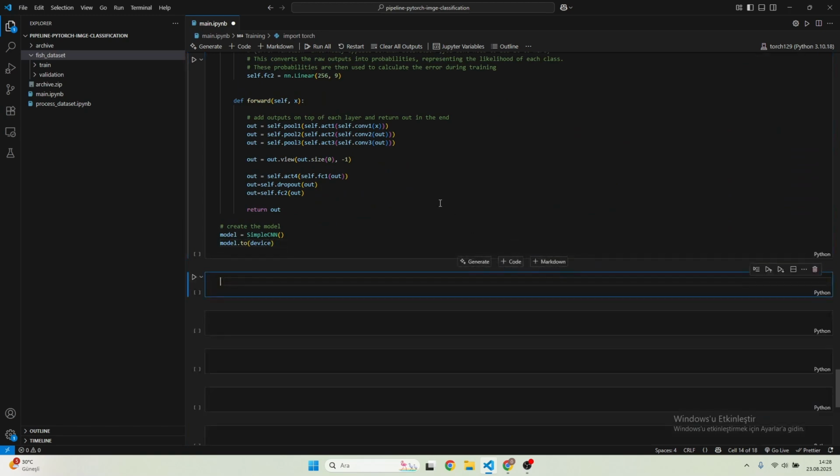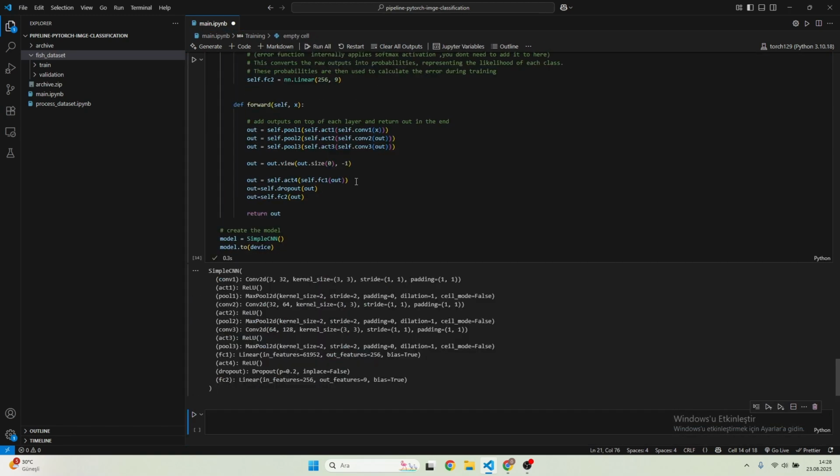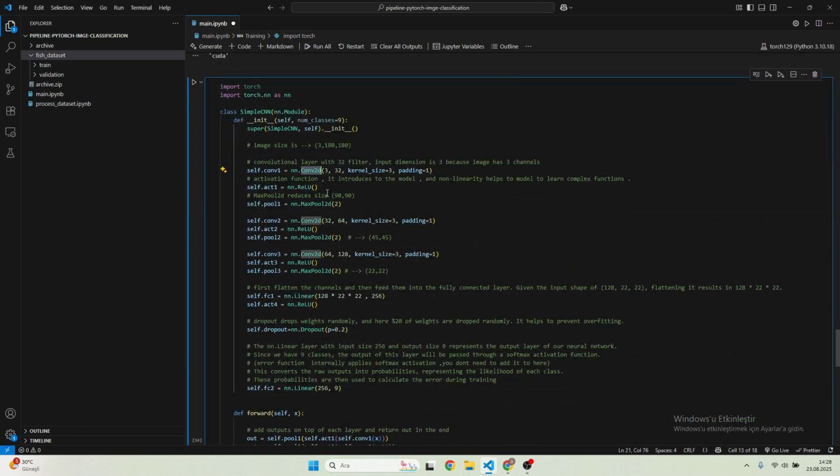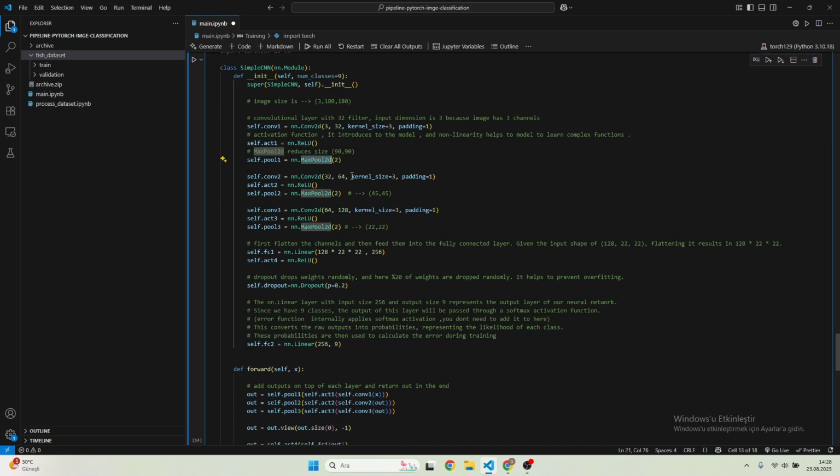Let me add a few more. You see this is a simple model. Basically, there are convolution layers, ReLU activation function, then max pool. You can change this filter size. Just be careful about the